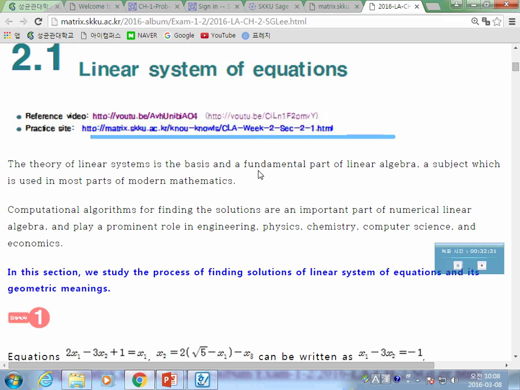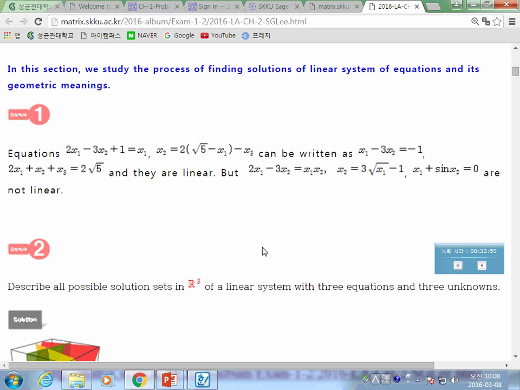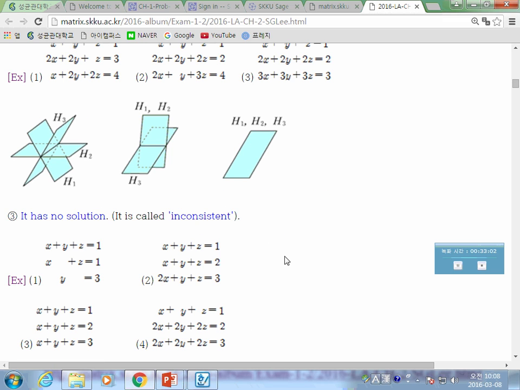So what is the easy way to solve a large-size linear system of equations? You can solve a small-size linear system of equations by hand. But if a 5 by 10 matrix is involved, then it's not easy to solve by hand. So we have to find an algorithmic approach to deal with any kind of linear system of equations. This is the starting point of it. We will continue this chapter 2, and we will finish it this week, and we will continue chapter 3 next week. Any questions?